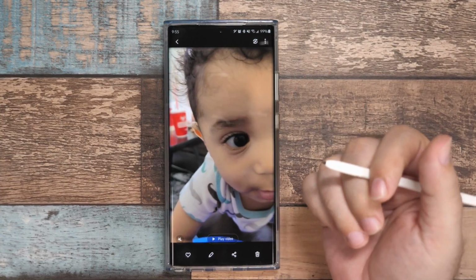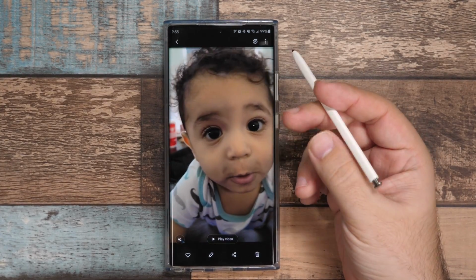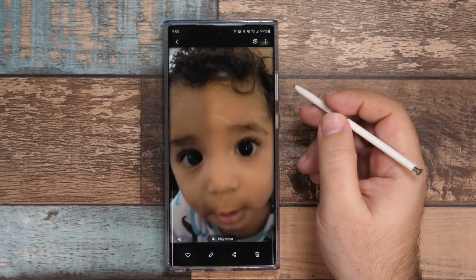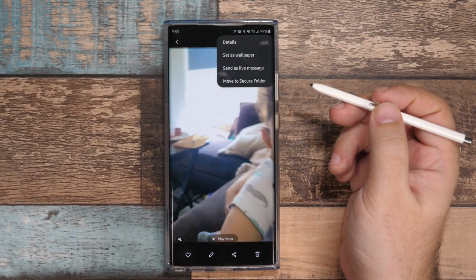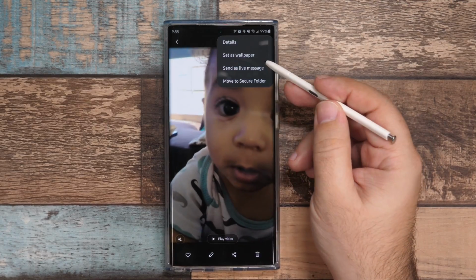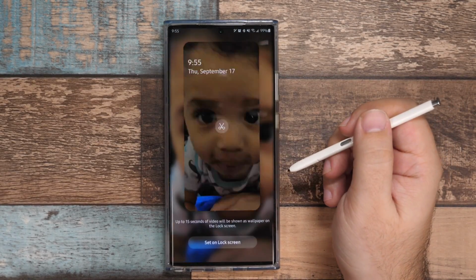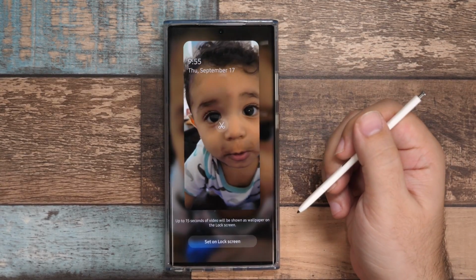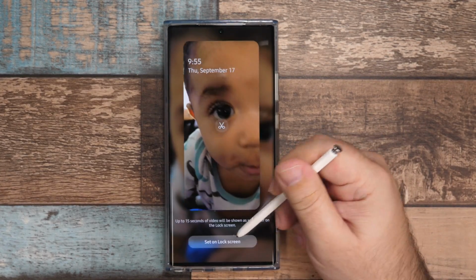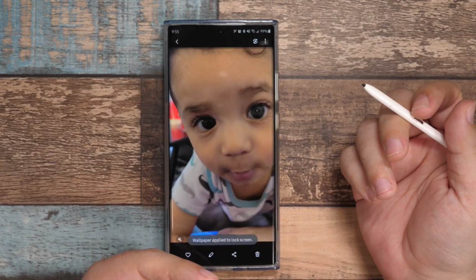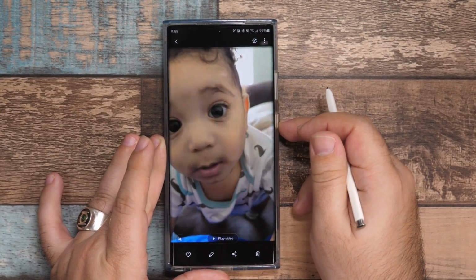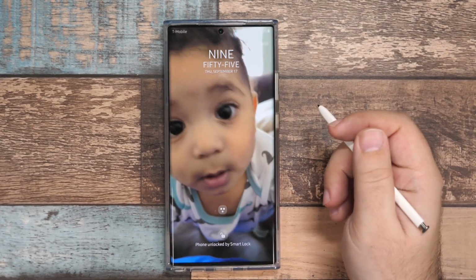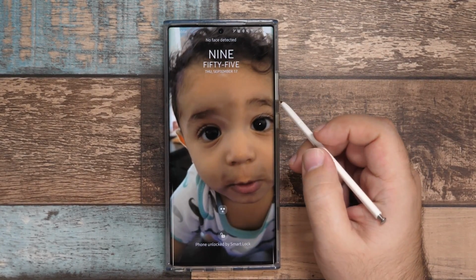So once you choose the video, by the way, if it's too long, you will be given the option to edit it down, so you can edit it to 15 seconds. Hit this button right here, set as wallpaper. We're gonna set this as a wallpaper. Again, you can edit it if need be, but if you're good, 15 seconds, set as lock screen, and you're done. Now you have this really amazing looking lock screen that just really highlights everything you could want and need,